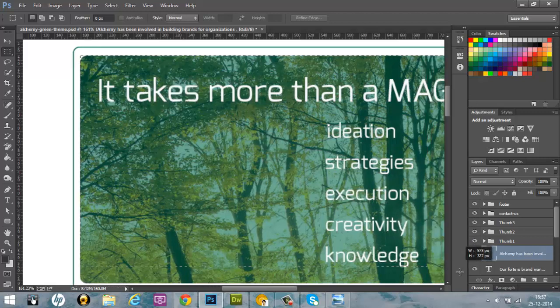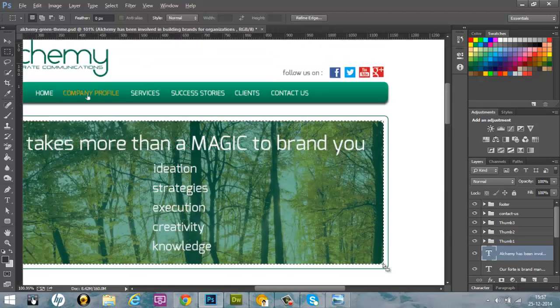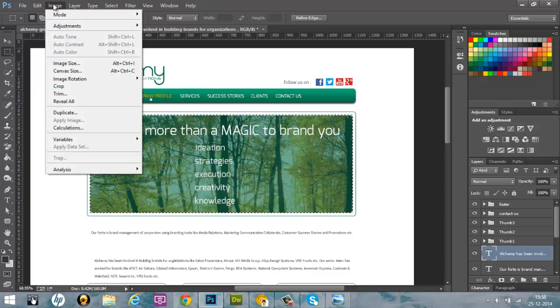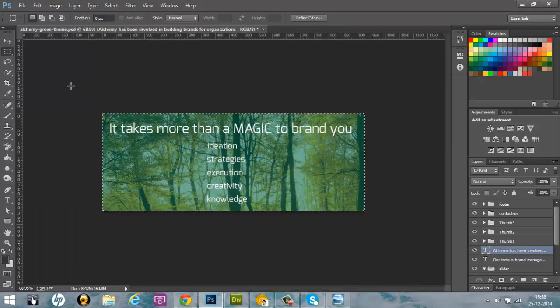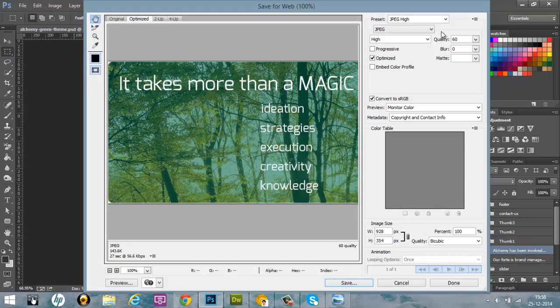From here and moving down until this section, I want this image. So now I'll go up into the tools menu section in my Photoshop, and then press crop. This gives me the image. I'll press Ctrl D to deselect, and then press Ctrl Alt Shift and S to save. Ctrl Alt Shift S is the shortcut to save the document, and I'll select JPEG format for this particular image file,